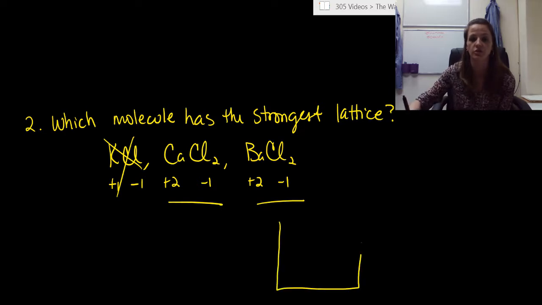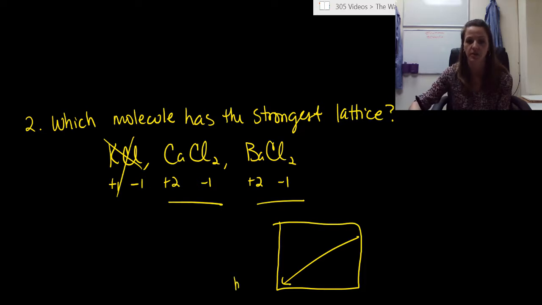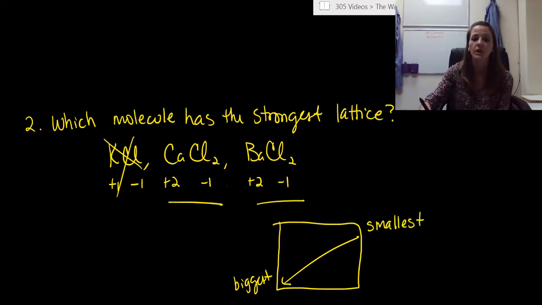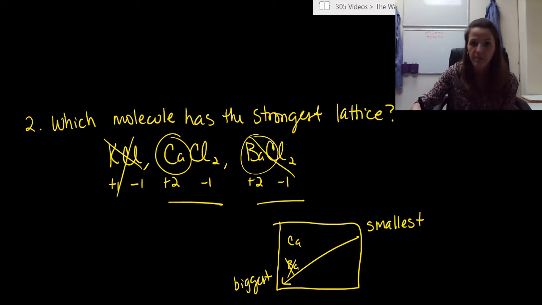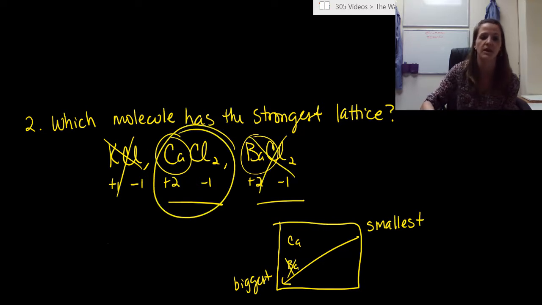And just remember your trend, okay? Your biggest atoms are going to be in this bottom corner. So these are going to be your biggest. And ones in the top right corner are going to be your smallest. And so all we need to do is compare calcium and barium. And what we can see here in group 2 is that calcium is much, much smaller than barium. So right away we want to eliminate our big ion, so eliminate barium, and the only thing left would be